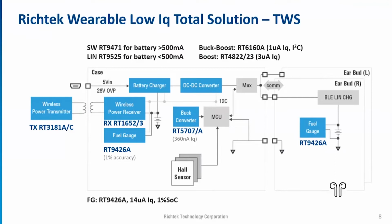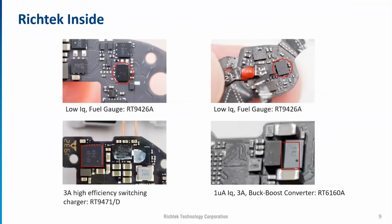After talking through the previous two slides, let's see if Richtek products are actually in mass production for those applications. This slide shows an example of the application with Richtek products in mass production. Here shows some pictures taken from the analysis report of a product teardown. In the diagram, you can find our charging IC,